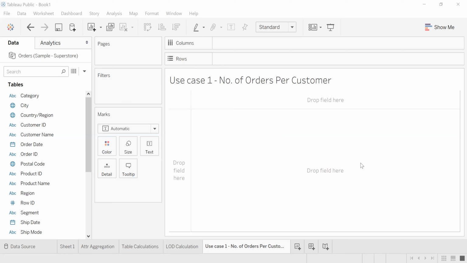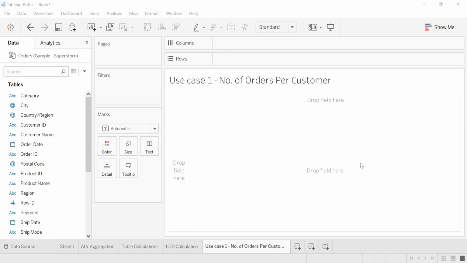I am using a sample SQL store, and I will create a report on the total number of purchases made by a number of customers. That will be my total number of orders made by the total number of customers. Okay, this is my requirement.